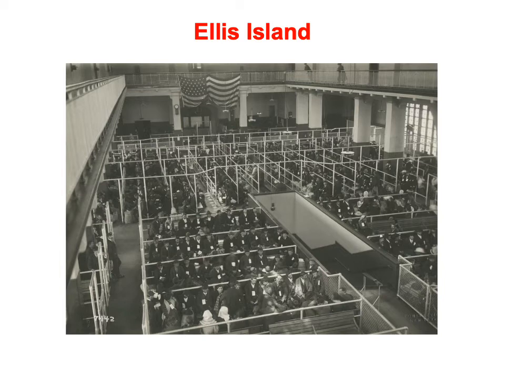Now, this is Ellis Island. This is a small island in the harbor of New York City. And you can actually go and visit this today. This was the receiving hall where most of the people who came from Europe, and virtually all the immigrants came from Europe, would be processed. We'll talk a little more about the Chinese in a minute.